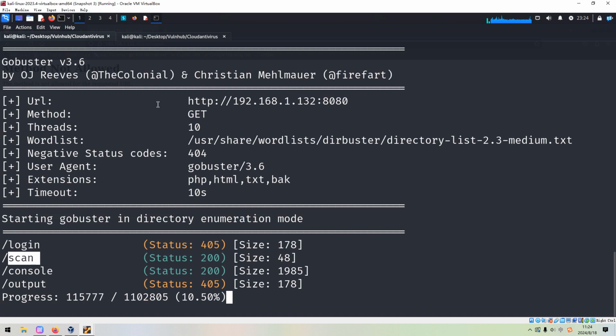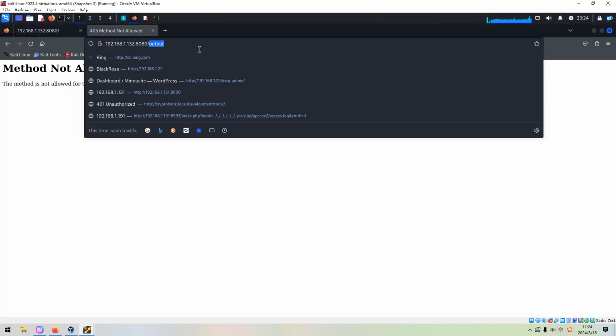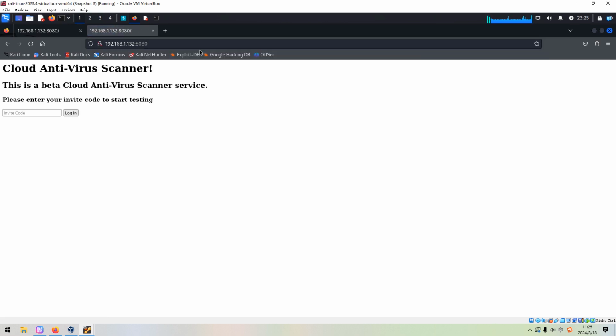Okay. And we can let it run. So I think we need to go back to the home page to see whether we can find a way to bypass login. We have already tried that just now, because here these are not credentials, this is just some invited code. So we cannot use something like admin to log in.